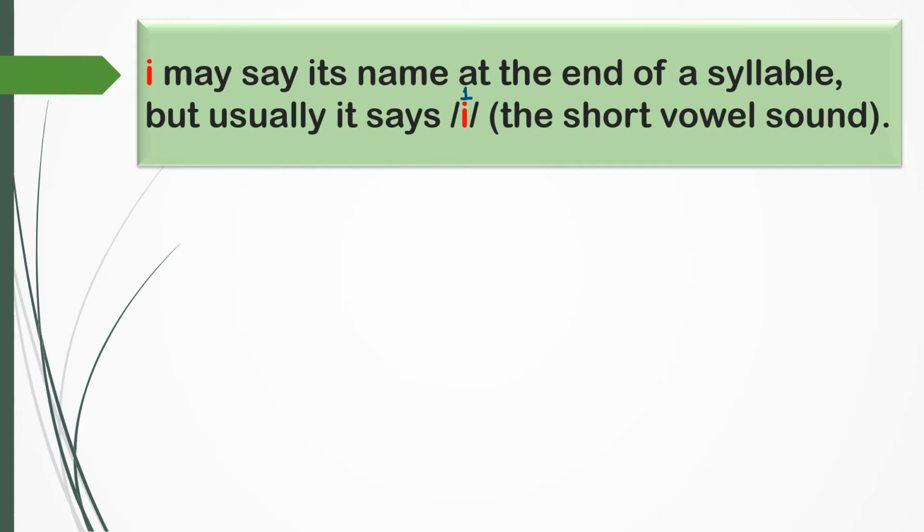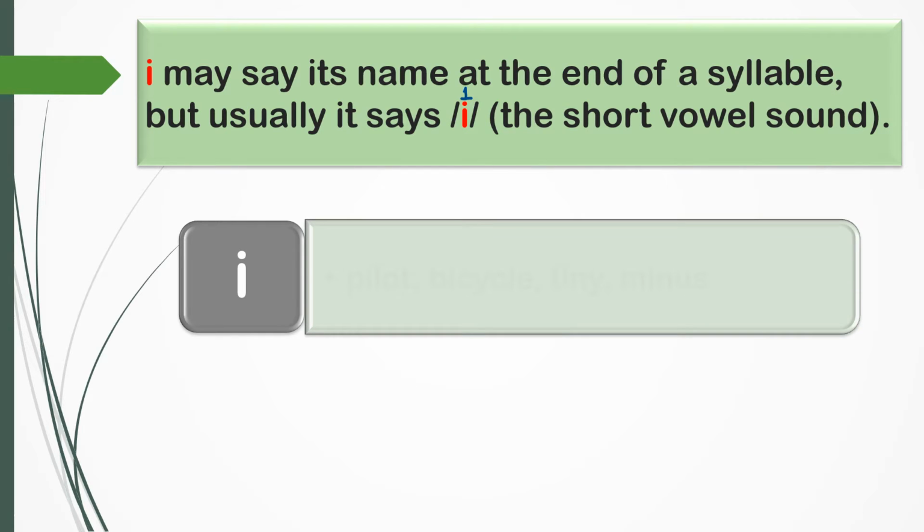So the second language fact says, I may say its name at the end of a syllable, but usually it says the short vowel sound, that is I. Remember, we all know the letter I has two sounds, I and I, I being the short vowel sound and I being the long vowel sound. So let's look at some examples